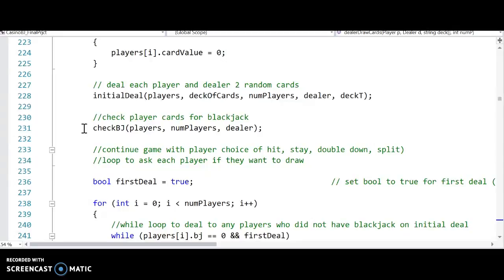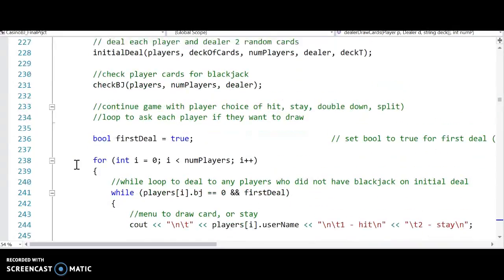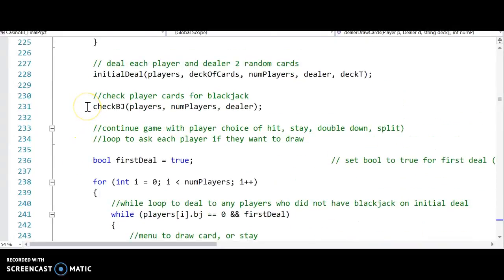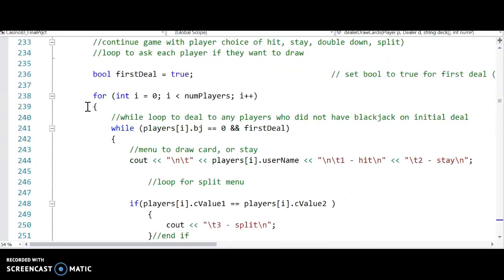That will then trigger if the dealer has an ace. Then instead of paying that blackjack player, we will ask everybody at the table if they want insurance, but the blackjack player will not be paid until the dealer's second card is revealed. And so that's one of the reasons why we had that member variable in the player struct to track the blackjack, not just by numbers, but to put it on pause, if you will, until the dealer's bottom card is revealed. We have a for loop